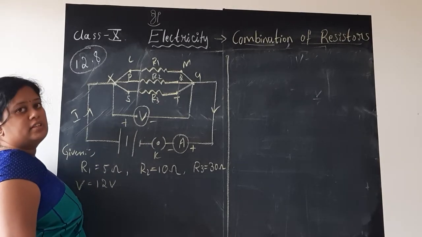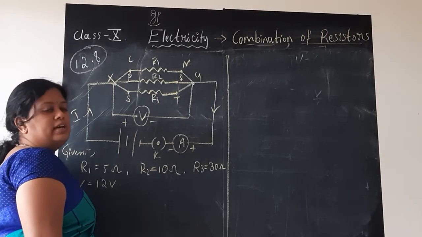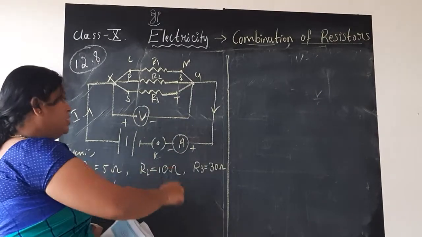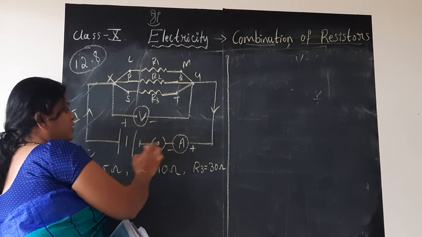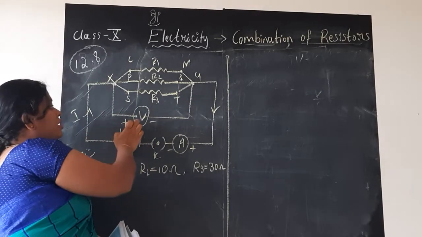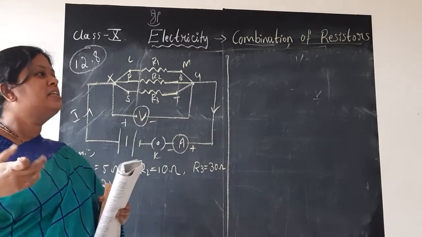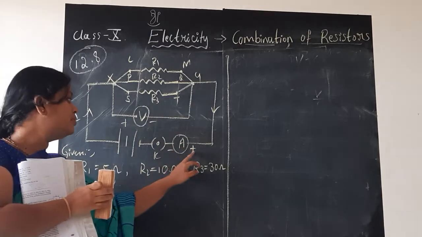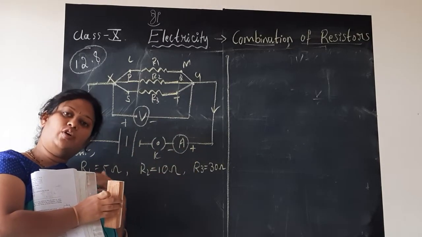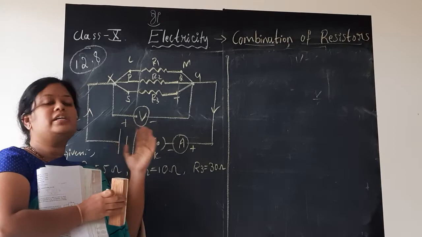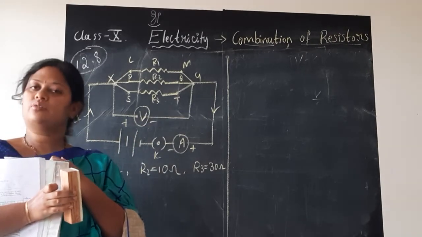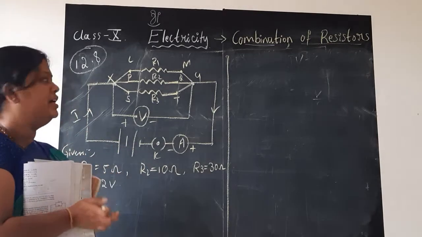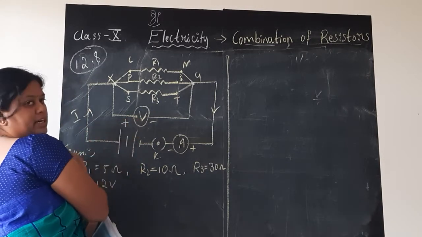One more thing which I wanted to tell you here, children, is that we have been studying that the ammeter is connected in series, the voltmeter is connected in parallel, positive of ammeter should be connected to positive, negative to negative. When it comes to the voltmeter, it doesn't actually have polarity. Polarity means the positive and negative for battery and ammeter. If you don't mention the polarity for the voltmeter, it is okay. Voltage or potential difference do not usually have polarity. But since they have mentioned it here, let us consider it.